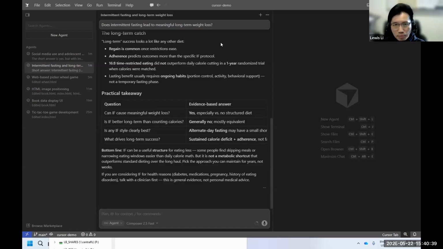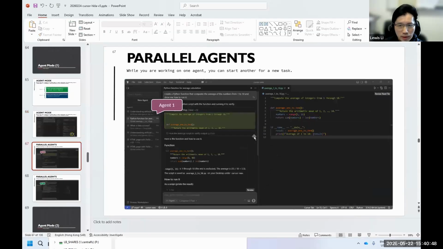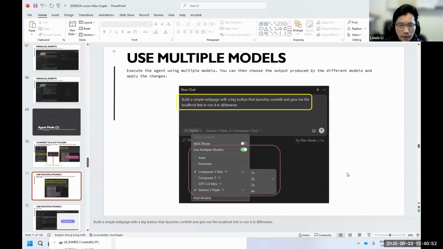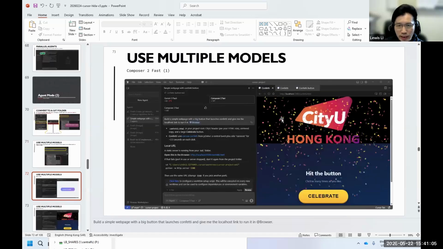Another thing is you can run different tasks with different models. For example, here I want to build another web page with a big button that will show some fireworks when I click it.